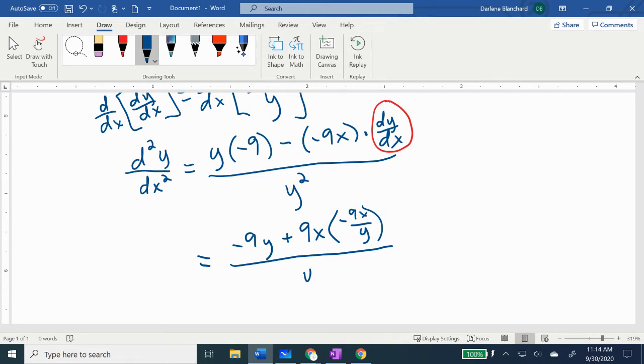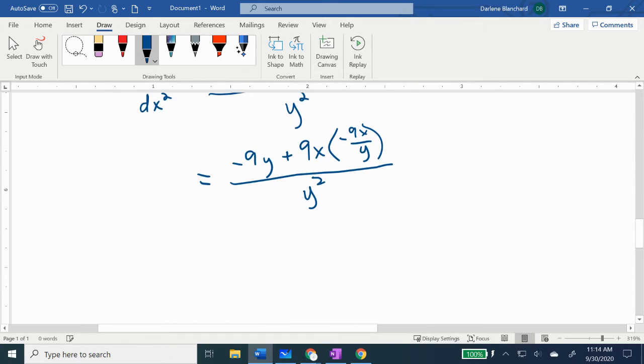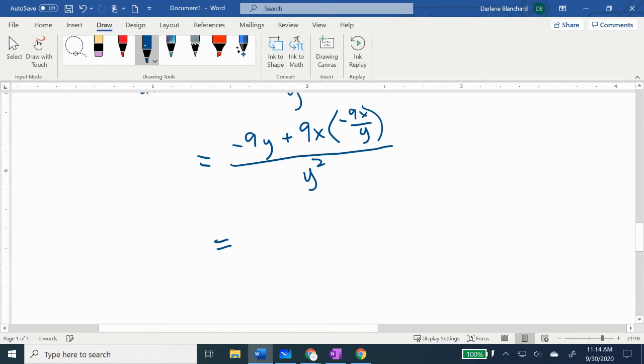And then divided by y squared. As I simplify, I can see that I need to get a common denominator. So I'm going to take care of that quickly by just going times y divided by y. And now I have negative 9y squared over y